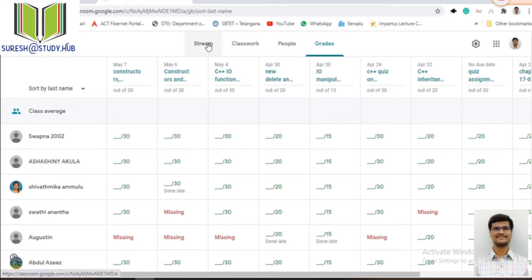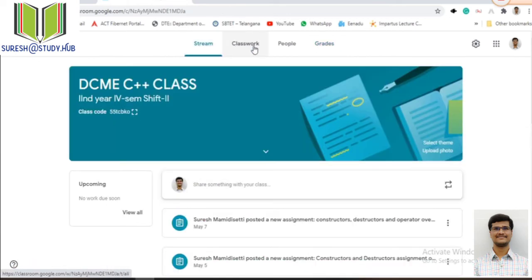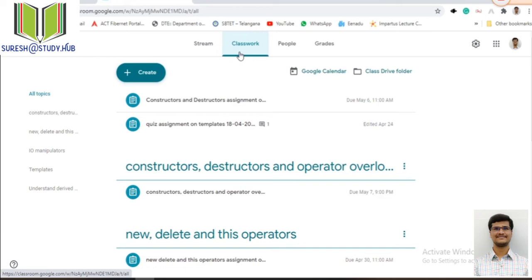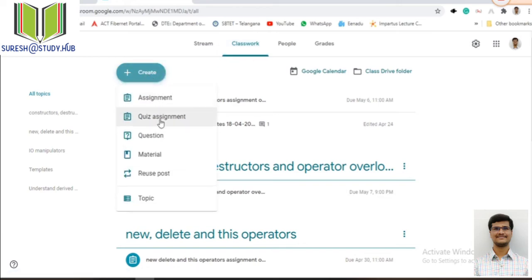Okay, all these different sections are there. One is stream section, classwork. Stream section is used to post something to your class, and classwork is used to give the class work to the students. We have different types of classwork, like assignment, quiz assignment, post a question. We can share the material with the students, or we can post some general topics also.